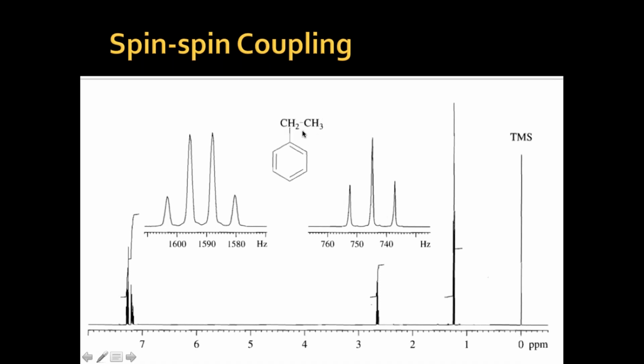So n plus 1. These 3 protons are in the influence of how many protons? 2 protons. These 2 protons means n is equal to 2. So 2 plus 1, 3. So triplet. These 3 protons should show a triplet because the neighboring carbon has 2 protons, right? So the triplet of this